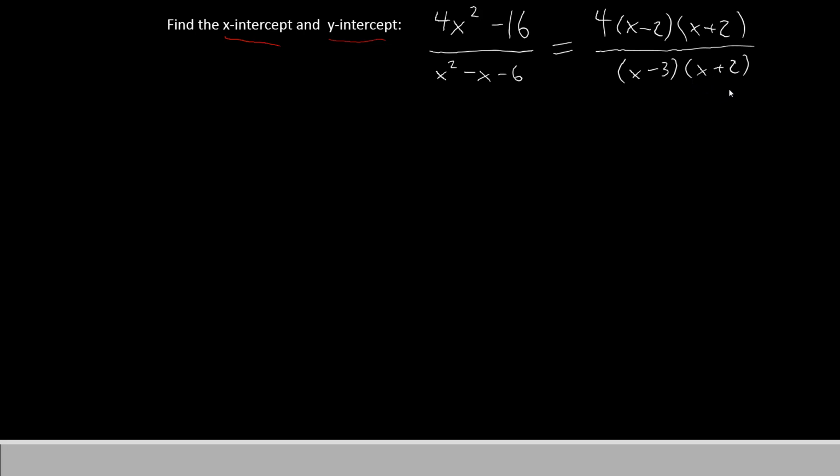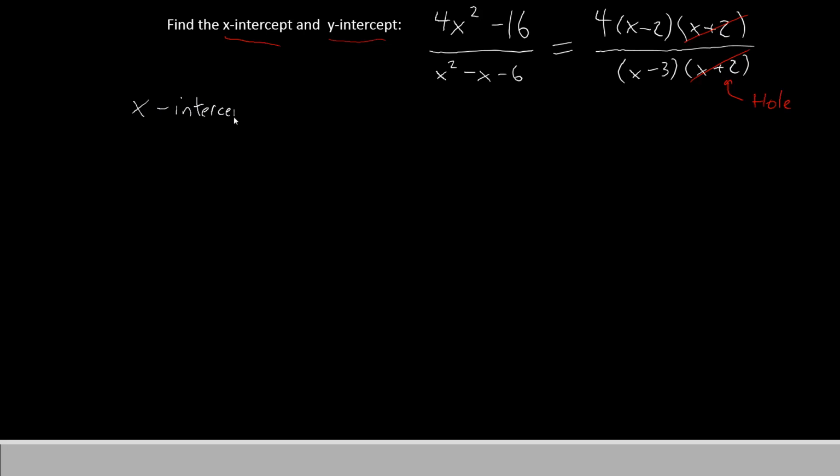Recall that the x plus 2 represented a hole in the function. I'm going to go ahead and cross those out now and cancel them out. We are not going to need that for this part of the problem. Let's find the x-intercept first. So for the x-intercept,